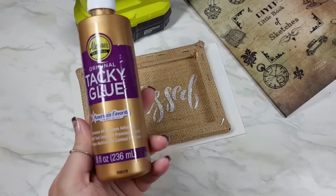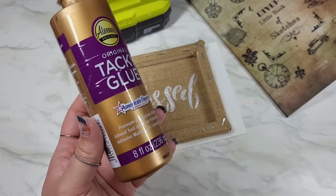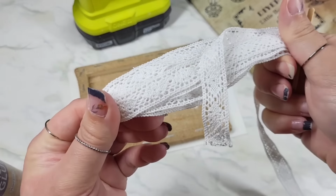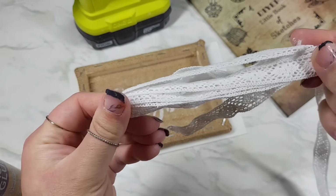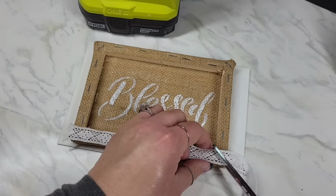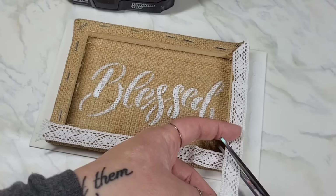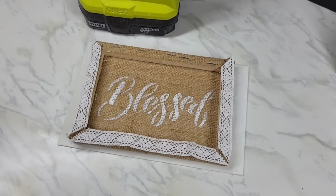Now we're gonna bring in the tacky glue because I want to put a little frame around this. I'm sure I could add some wood and, you know, Home Depot trim that I love, but I found this lace at Dollar Tree and I have been holding onto it for just this occasion. And I decided to, instead of wrapping it around the edges, which you could also do and that would look nice as well, cut it like I would on a 45-degree angle, a piece of wood,